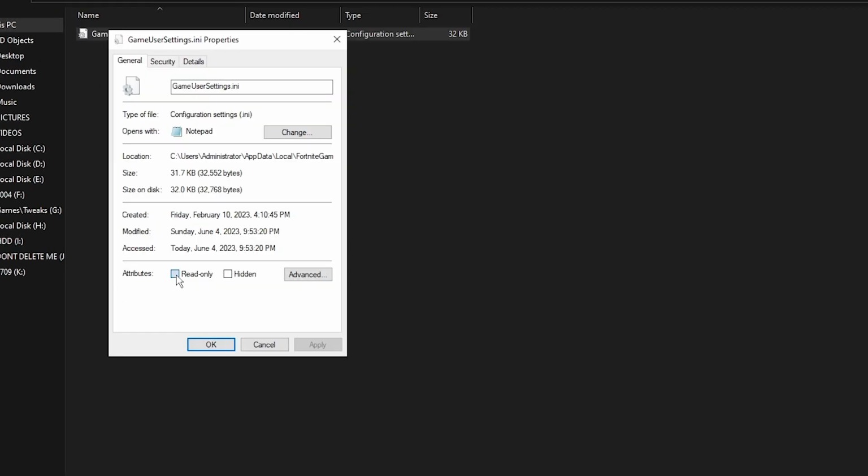click read only, and then press apply. So what this is going to do is the game is just going to read the file. It's not going to write anything to it, so it's just going to read it. And every time you do a setting change in game, it's not going to work every time you restart the game. It's just going to load up with the settings that you have in here because you have read only